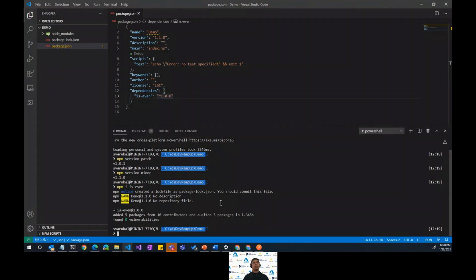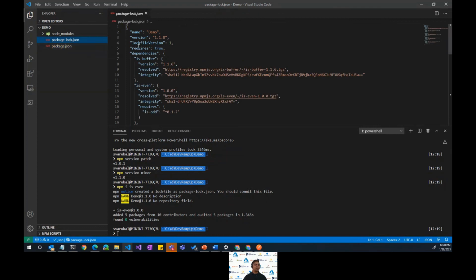So let me introduce you to the other concept of dev dependencies. Before that, I forgot talking about the package-lock JSON file. As soon as I added a dependency, it created a package-lock JSON file where you can see the exact version numbers. There are no caret or tilde notations over here. These are the exact numbers. And not just EasyEven, you can see other packages also. What this means is EasyEven depends on other packages, so it's going to define the tree of dependencies within the package-lock file.